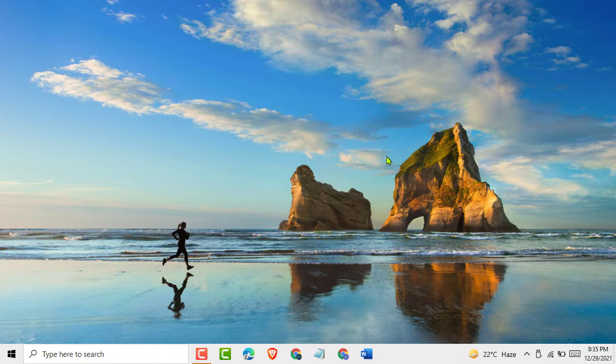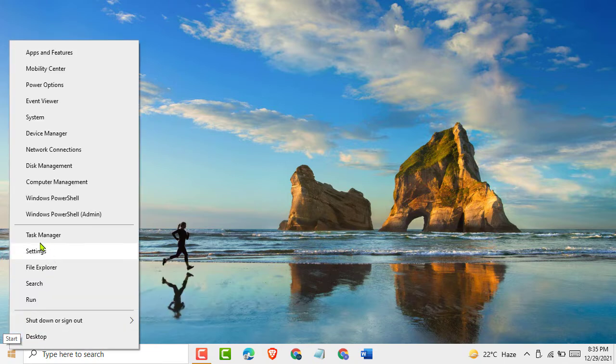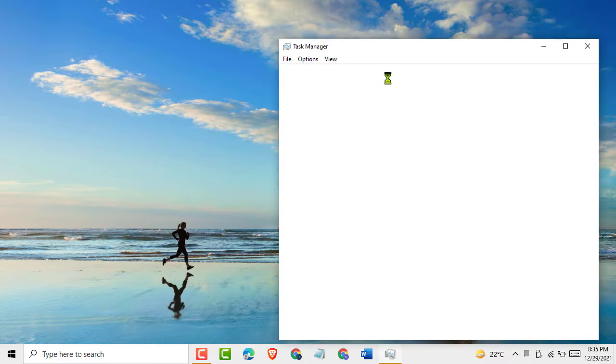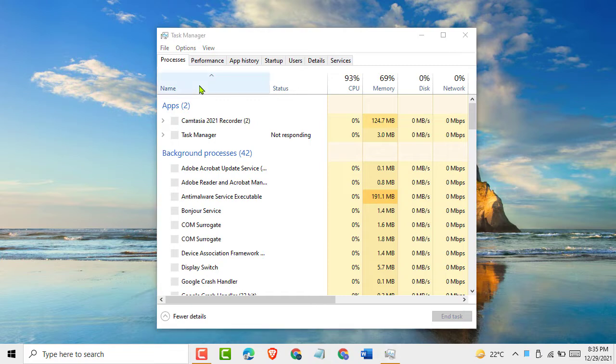Let's start our video. First, right click on this taskbar, then click on this task manager and you can see task manager open. Then click on this performance